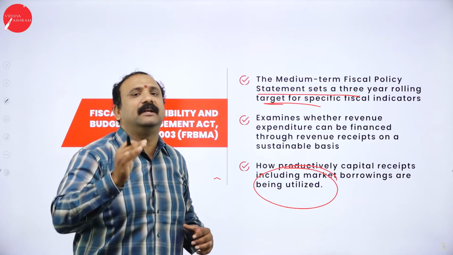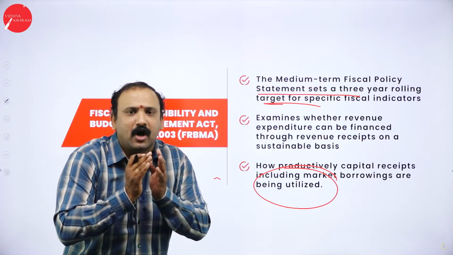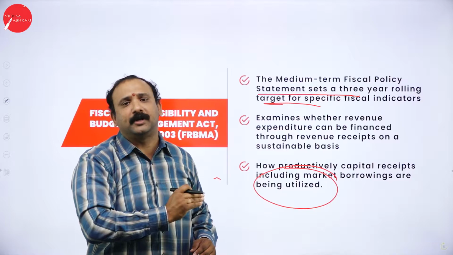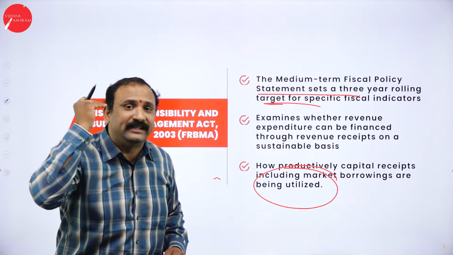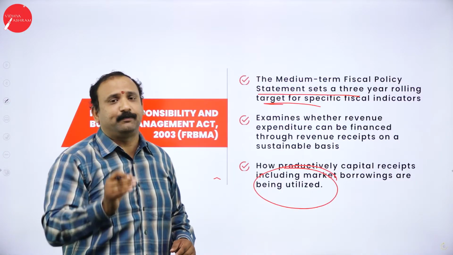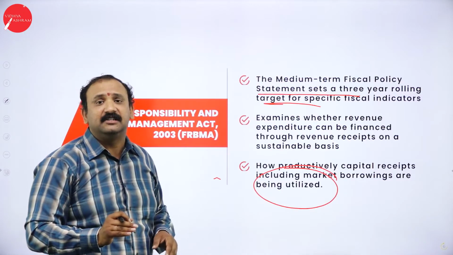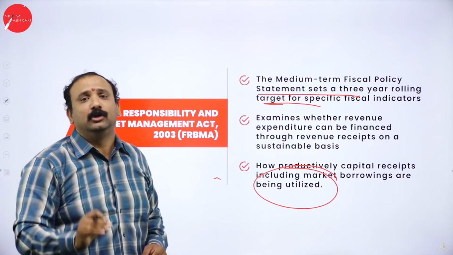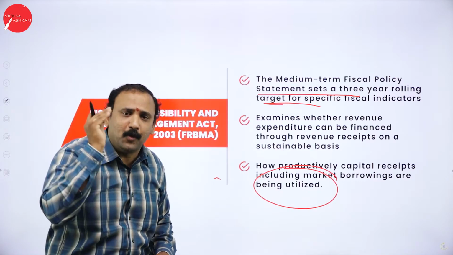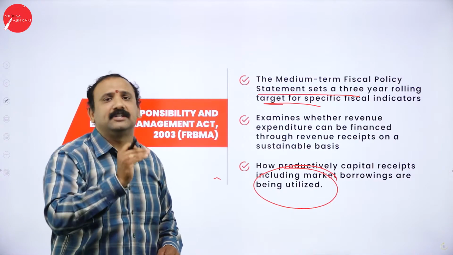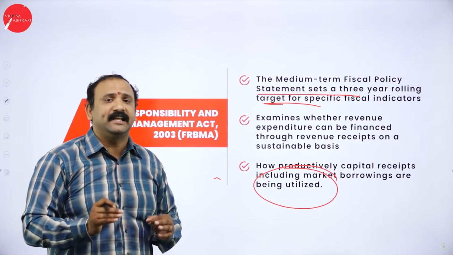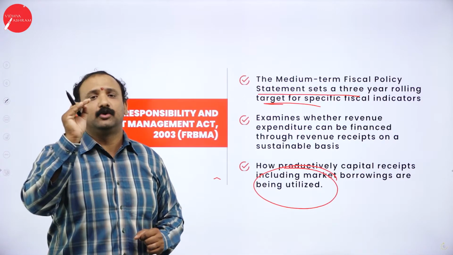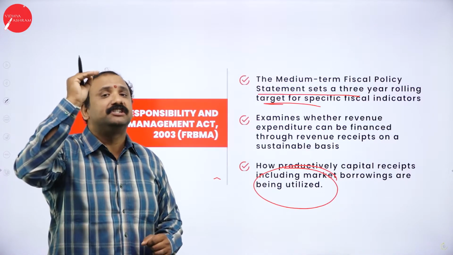It is the responsibility of the government to see that the budget does not get disturbed at any point of time, that they are able to effectively carry out every single project for which the money is borrowed, and that they deliver the projects on time. For that purpose, the FRBM Act, the Fiscal Responsibility and Budget Management Act of 2003, sets a guideline for all the institutions, government agents, technocrats and bureaucrats involved in budget making, on how quick, clear and crisp they should be in making the budget so that the economy makes progress step by step.